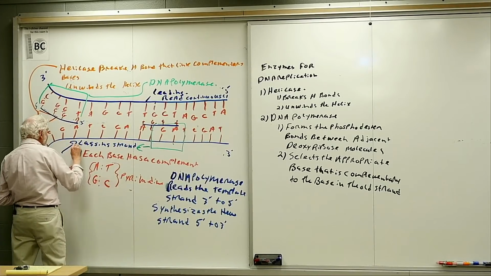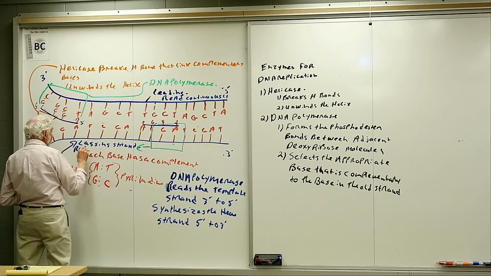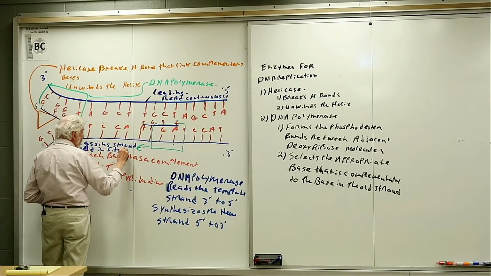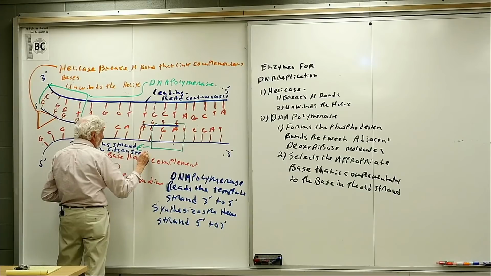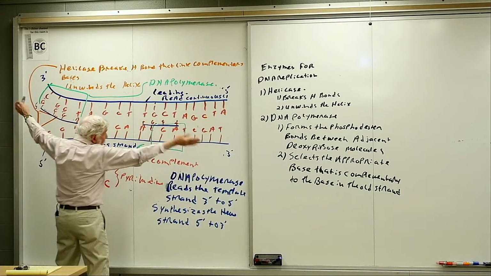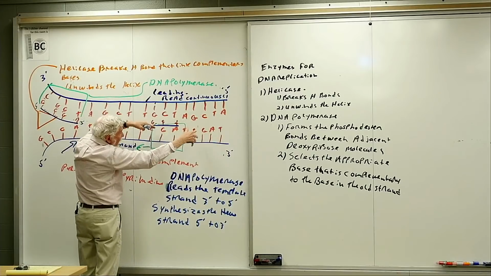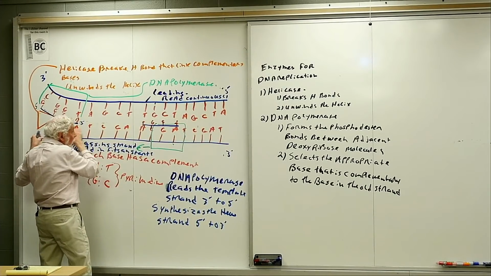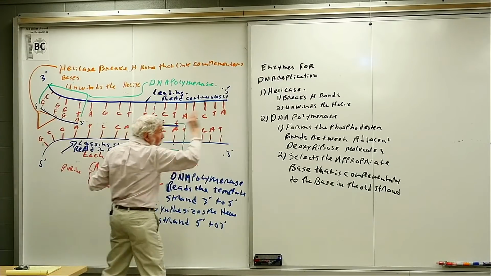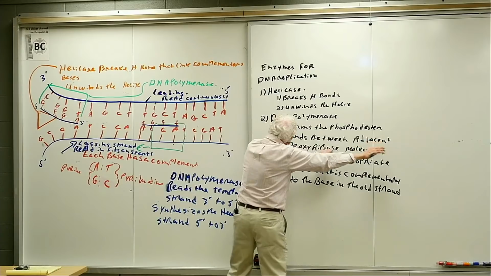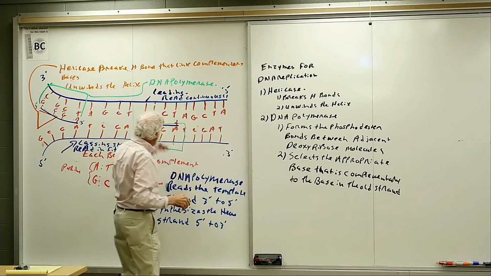And it's read in fits and starts. And what I mean by fits and starts is we have to wait for the helicase to open up the strand for some distance. We put on the DNA polymerase, read it in this direction, then we wait for the helicase to open up farther down the line. Someplace down here, we put on the DNA polymerase, read it back in that direction, and then that will